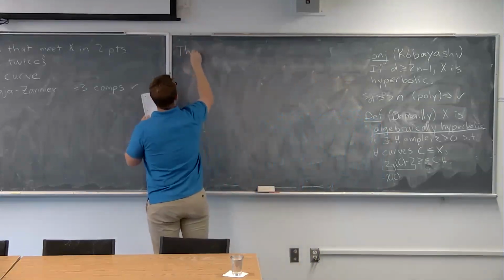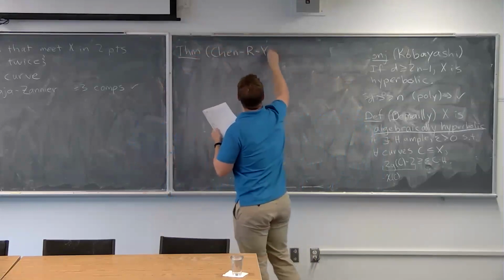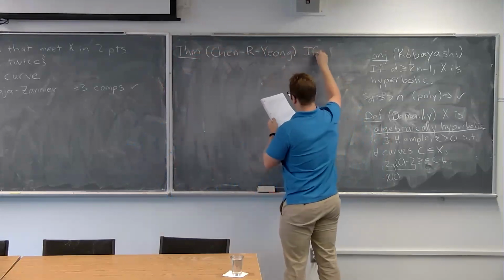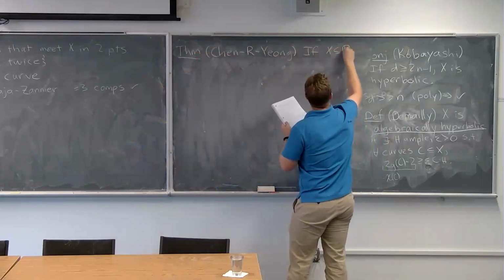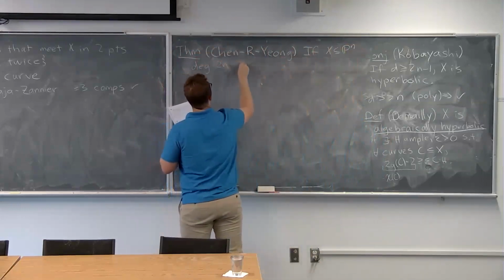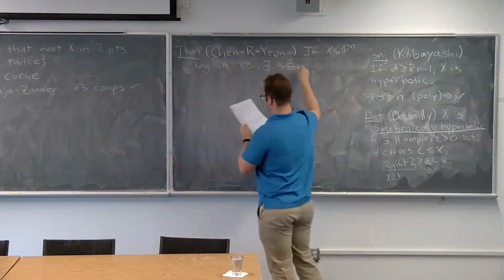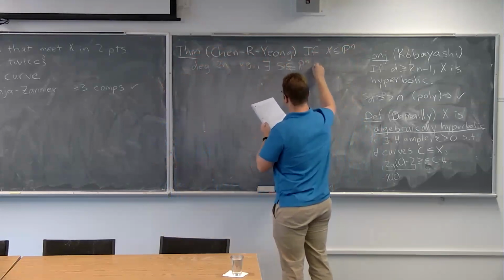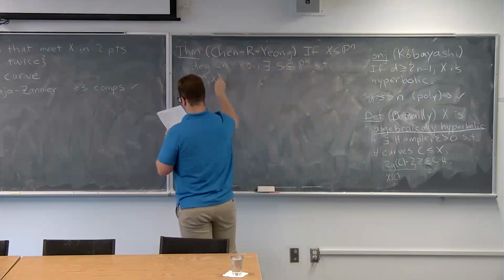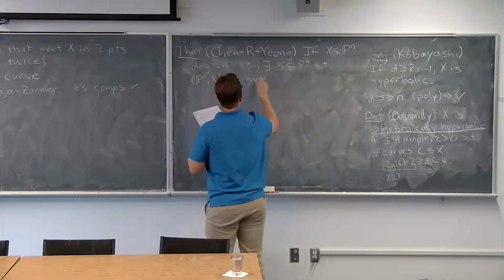So, theorem. We say if x in Pn is degree 2n and very general, there exists some exceptional set S in Pn such that the pair Pn comma x is algebraically hyperbolic outside S.